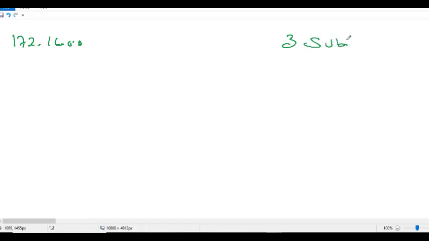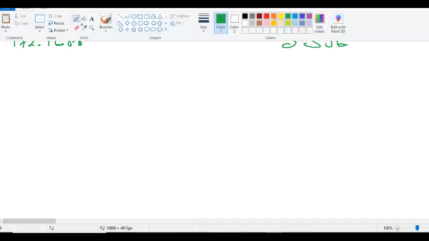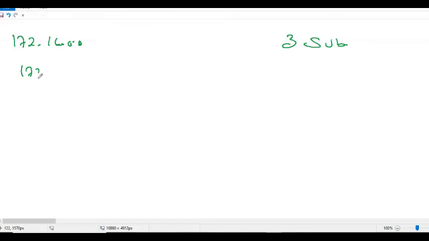Let me write the answer. 172.16.0.0 slash. The default mask is 255.255.0.0. Now you added another 2 bits, so it becomes 255.255.192.0. So this is what we call the new subnet mask. Or you can also write in VLSM notation. We call it variable length subnet mask notation, in which you can write 16 plus 2, 18. So this is /18. The next network will be